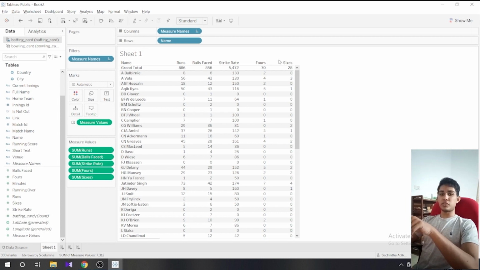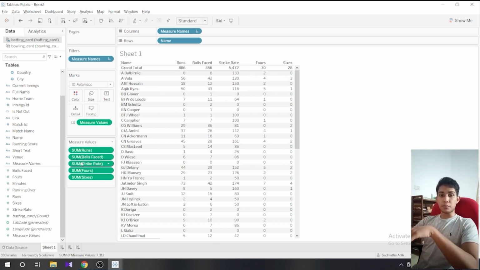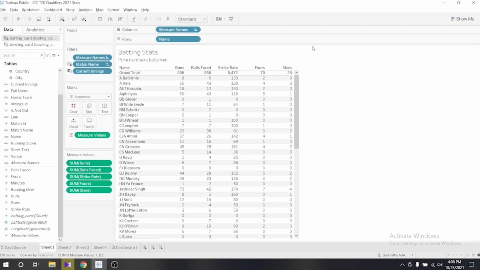Here we have to make a small adjustment. As you can see, the strike rate is ridiculously high. 5,472 is not an actual strike rate. The reason it's happening is because all of these grand totals are sums, meaning this 886 you see here in the runs column is an addition of all the runs in that column. But the strike rate, we can't do that, because the strike rate itself is a comparison value. It's not an absolute value. What we need in this grand total row is the overall figure of everything, the big picture. So we need to create a custom calculation,